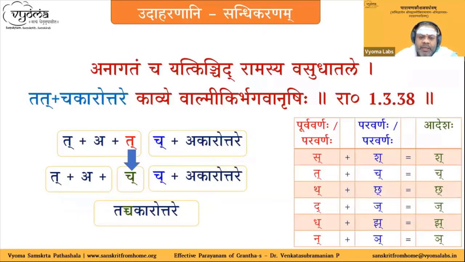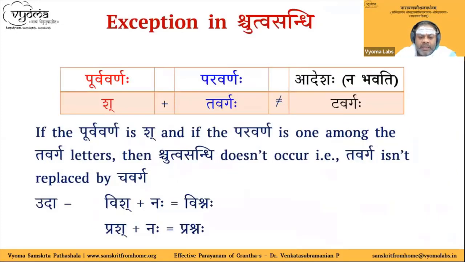If you see the table, what we said was sakara tavarga, when it comes in contact with shakara chavarga, it gets replaced with shakara chavarga. And purva paravarna can be anywhere. That is what we said. But only in one case, Shchutvasandhi will not occur. That is, if the purva varna is sh and paravarna is tavarga,